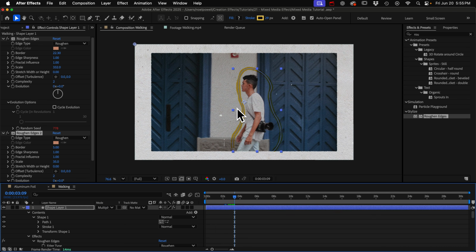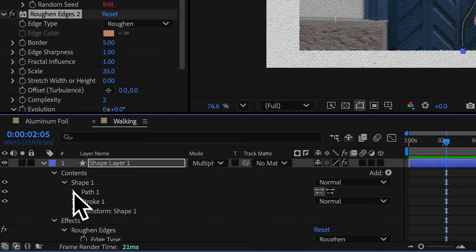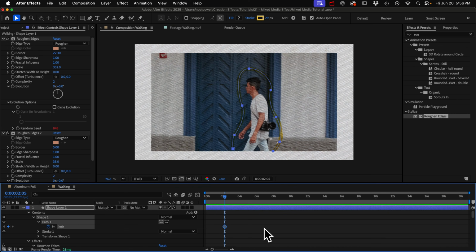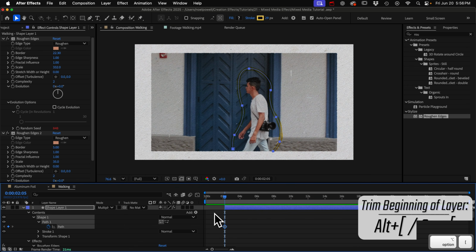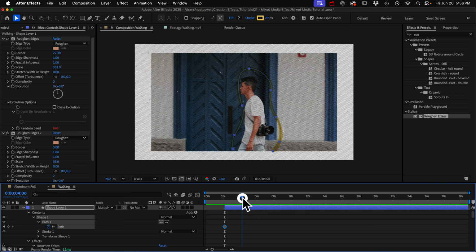That looks like a highlighter to me. All right, so normally you'll probably want to animate the path to make it move with your subject. And we can do that with keyframes on the path property here. So I'll add one keyframe there, and I'll trim off the beginning of that layer, Alt or Option and left bracket key. And if we want it to last a couple seconds, I'll go forward and I'll add my last